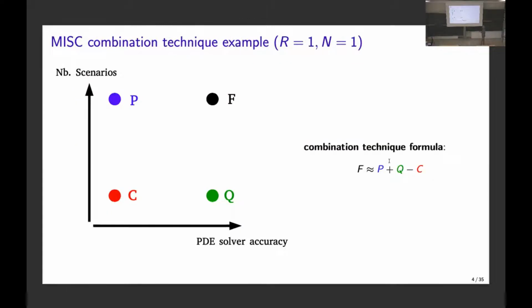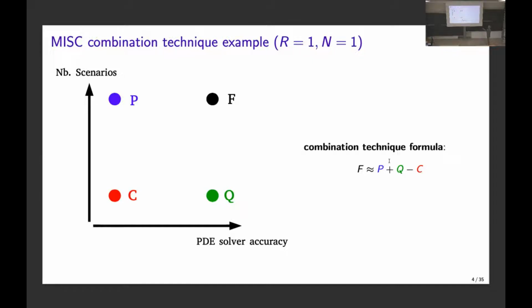And so this is another slide to convince you. What I'm doing here, I'm taking a problem with one hyperparameter. So maybe you have one mesh discretization parameter and one random variable. So it's a very easy problem. The MISC formula would give me this combination technique. So the solution of the UQ problem would be computed by taking, you see here, this is the set of multi-indices that I can use. Here you read the multi-index alpha. Here you read the multi-index beta. This would be alpha. This would be 1, 1, 2, 1, 1, 2, right?